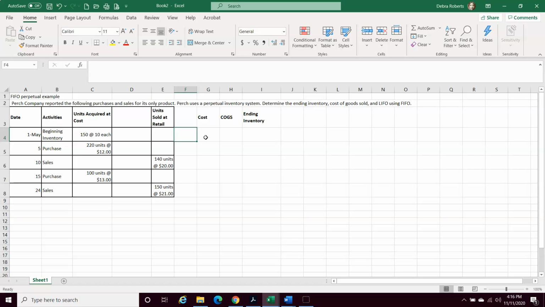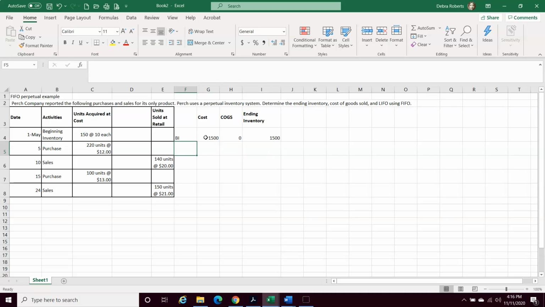Now, if we're assuming FIFO, let's take the same data. Our beginning inventory, I'm going to put on here BI, is going to be the 150 times the 10 units. Now, because we haven't sold anything, there's no cost of goods sold here. Our ending inventory, if you think about it, is going to be this